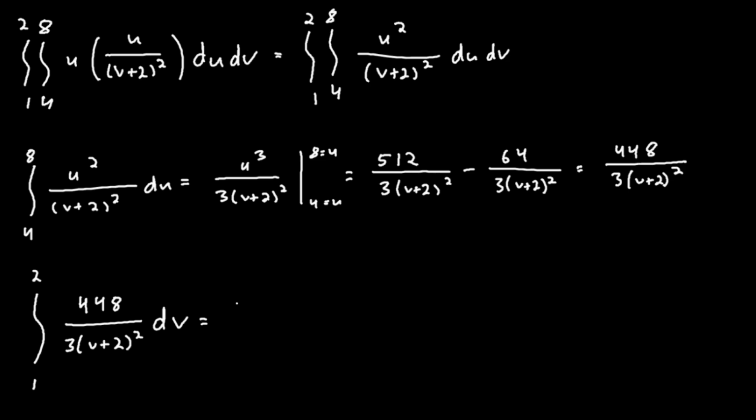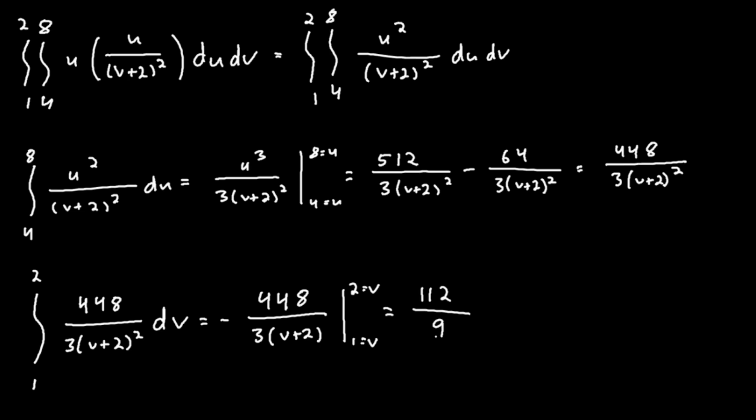Once you integrate this, you'll get negative 448 over 3(v plus 2), and our bounds for v are 1 and 2. This looks like a delta symbol. I'm going to change this to 2. Bounds for v. All we have to do is plug everything in, and once you simplify everything, you get